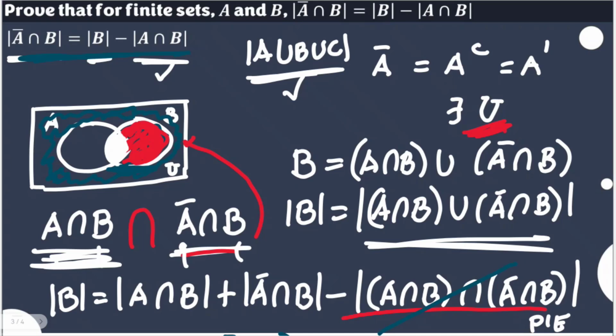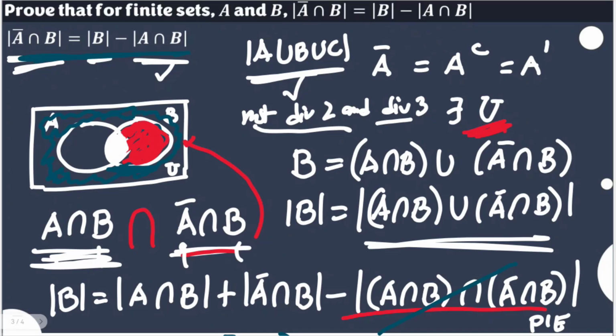But what if the question here is, how many integers under 100 are not divisible by 2 or divisible by 3? In that perspective, not divisible by 2 or divisible by 3, this is what we're going to use here. If it's and, what if it is a statement: not divisible by 2 and divisible by 3? Or let's say, how many integers less than 100 are divisible by 3 and not divisible by 2? So this is how it works. This is the not one, the complement, and this is without the not. So we're going to use this formula.